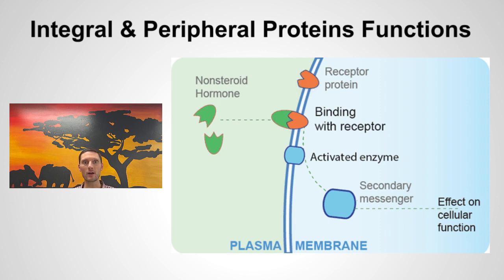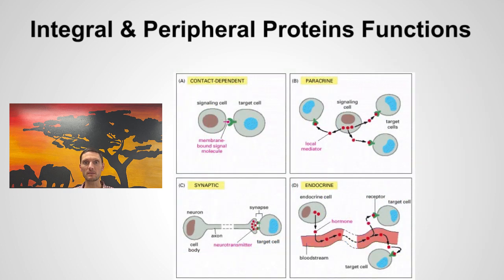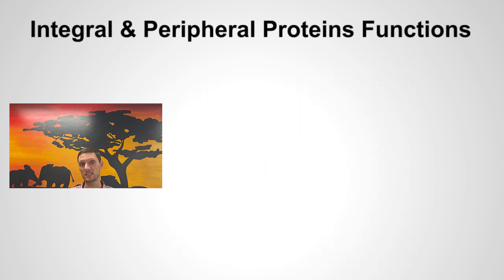And the binding of that hormone causes the protein to change shape, and it releases some chemical signal. So the hormone comes, it binds to the protein, and then it releases some signal within the cell that then causes something to happen. An example would be the hormone epidermal growth factor, EGF, and it binds to an integral protein to send signals. And a second example would be an immobilized enzyme, meaning that it's stuck there, it can't